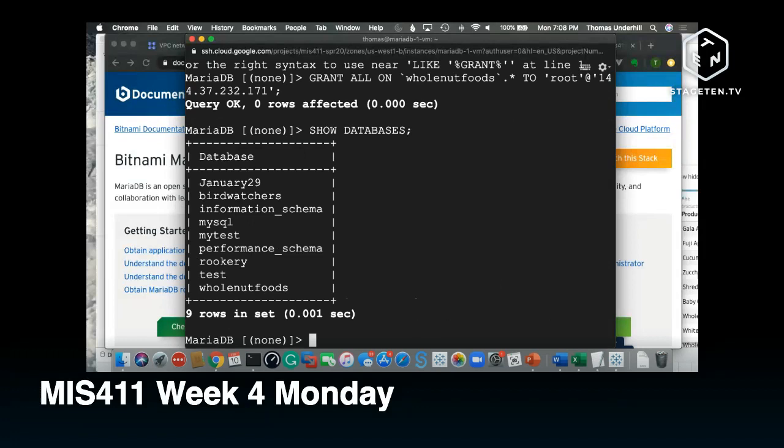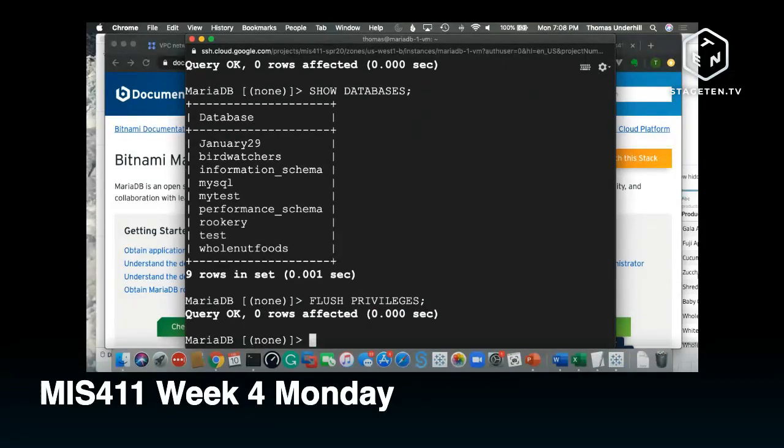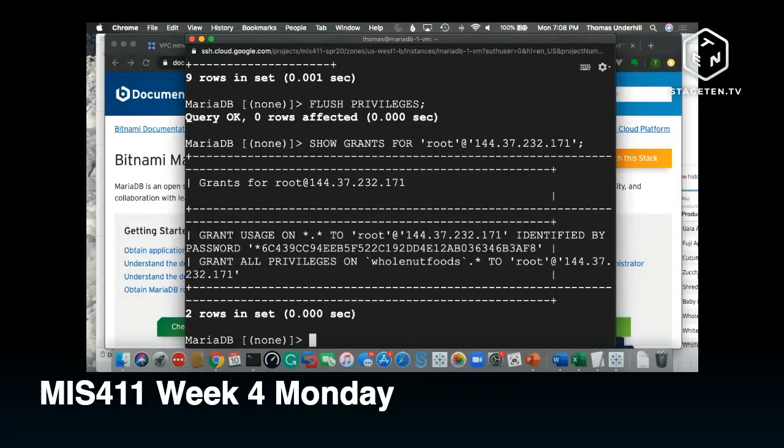Okay. I've done a grant to the root user on that IP address. But it's not finished yet. I have to do this to save the changes. I have to go flush privileges. Okay. And now if I do show grants for root at, and then whatever that IP address was, okay, I can see